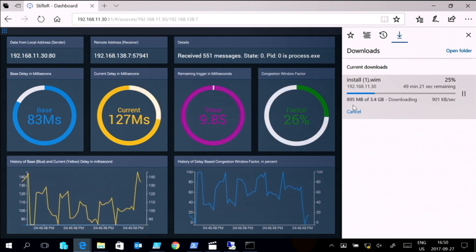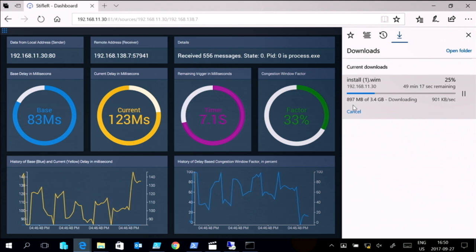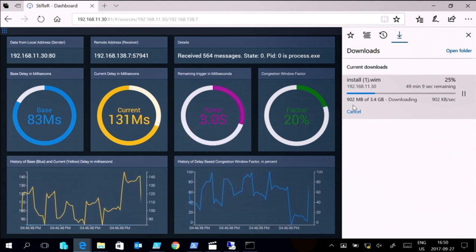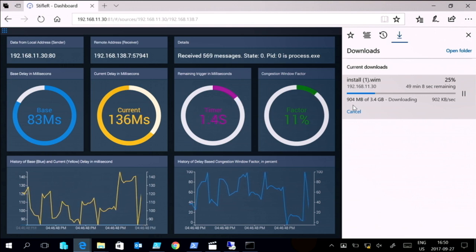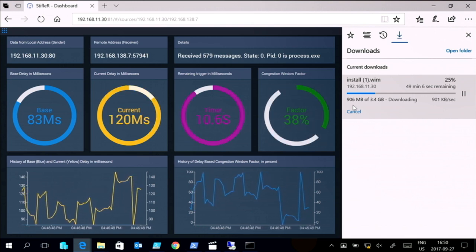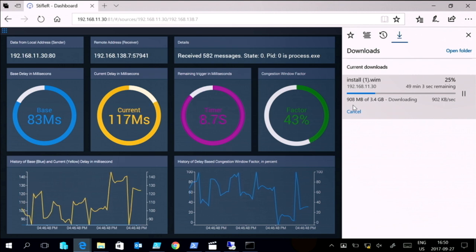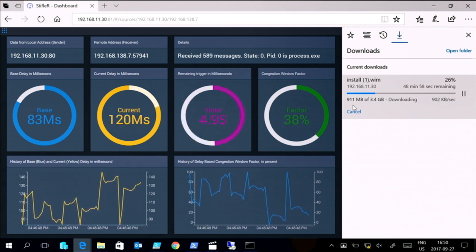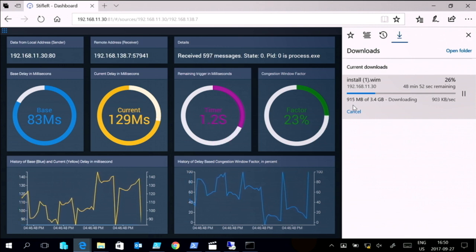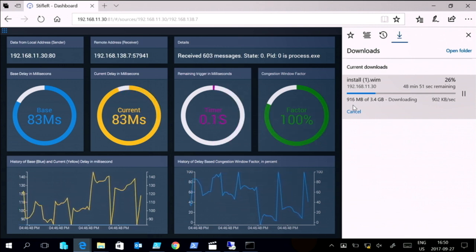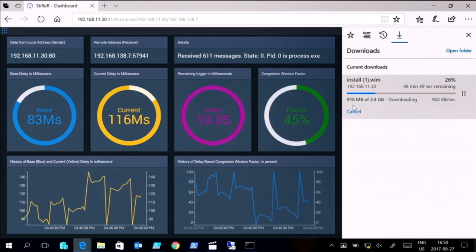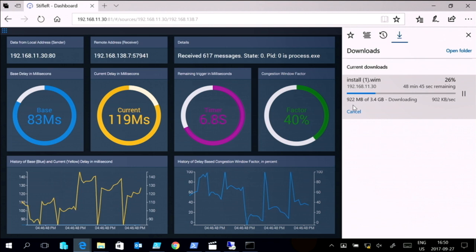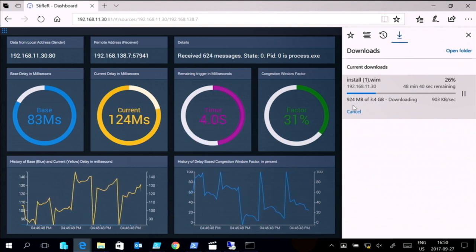So we got the blue donut. That shows us the base delay of the actual connection. So I'm using a simulated WAN with about 10 megabit, I think, with a base latency a little bit. And then I put my download on top of it. So it sees here that, hey, there's something going, but it's basically quite happy about it. So if you look at the green donut, what that basically symbolizes is anything above 0 means that it tries to speed up a little bit, or just test to see if there's room to push the boundaries.